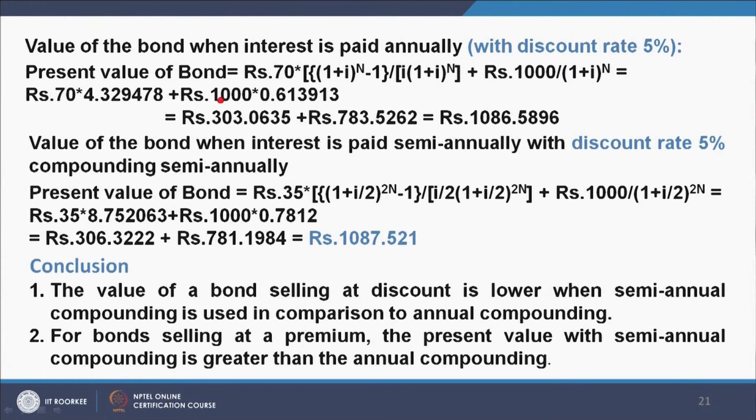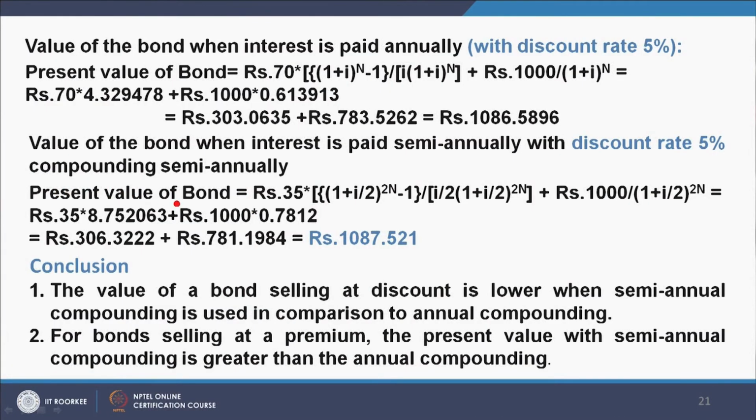The value of the bond when interest is paid annually with discount at 5%. So, we have calculated for 10% discount rate, now we will calculate for 5% discount rate. Here, the present value of the bond is 70 into this formula, which is an annuity formula when compounding is annual, and the 1000 is transported to present value by dividing it with 1 plus I to the power n. So, this is annual, and it comes out to be rupees